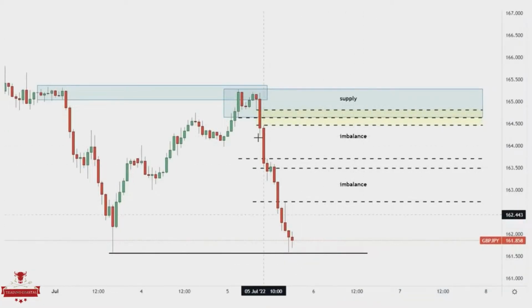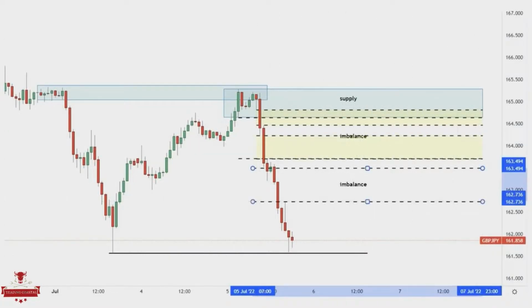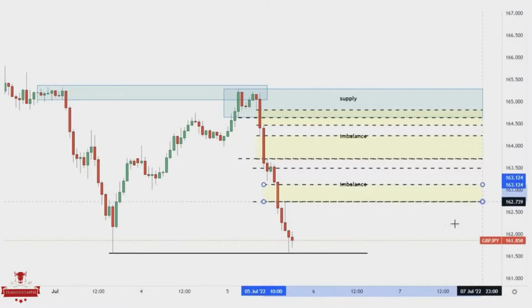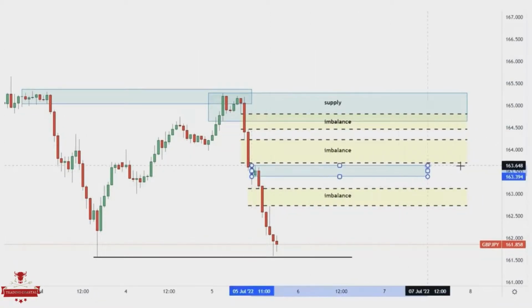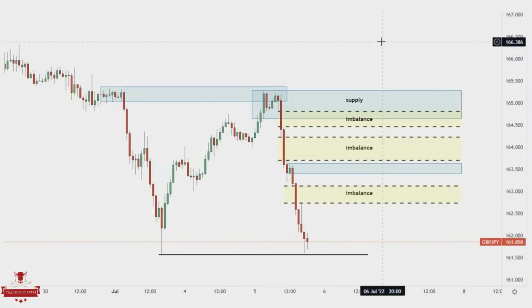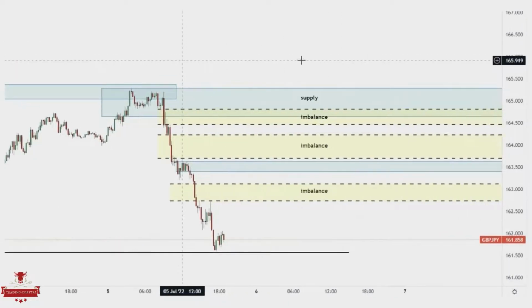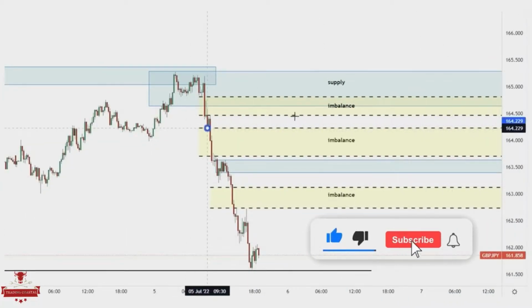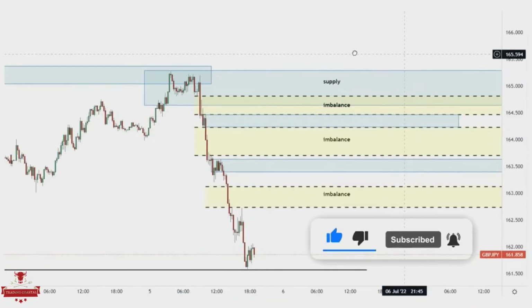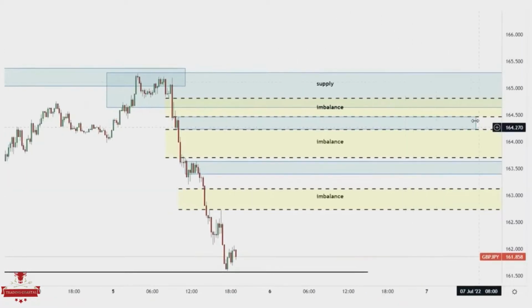We start by adjusting the imbalance zones. As a result of that, now we have 3 imbalances instead of 2. This will help us in defining the right entry level. We are highlighting a supply zone that is located above the first imbalance. We are not going to stop on this time frame, but we are going to shift even lower to the 15-minute time frame. We have here a drop, base, drop, supply zone that is located between 2 imbalances on the